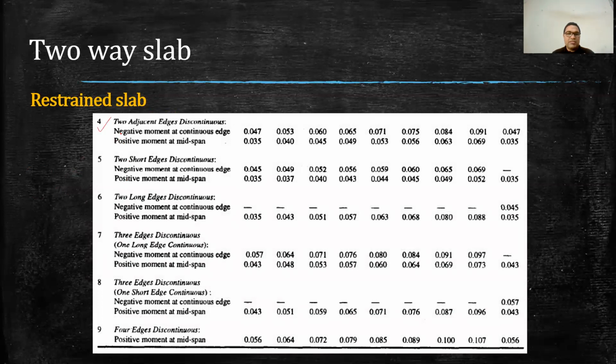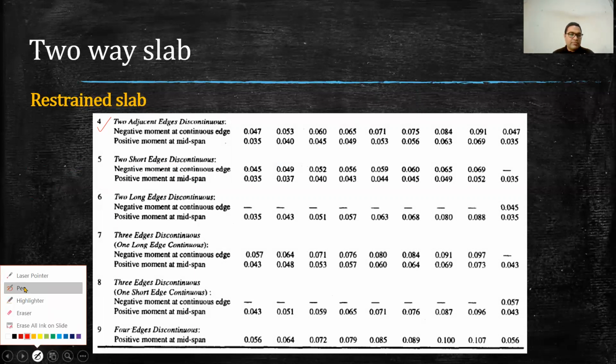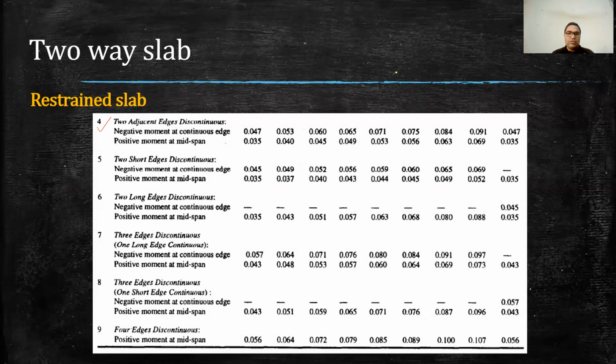In the fourth case, it is saying two adjacent edges discontinuous, two short edges discontinuous. Now, what is the meaning of this? So we will try to understand this. First, I will make a diagram to show you the slab panel with the edge conditions. Now, for example, say this is a big panel, and if I divide this panel into, say, 9 panels, and if I consider each block as